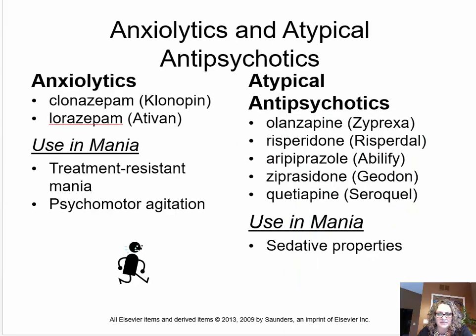Some anxiolytics and atypical antipsychotics that may be used include Klonopin and Ativan. Atypical antipsychotics that may be used if the patient is also suffering from psychosis: olanzapine, risperidone, aripiprazole, ziprasidone, and quetiapine. Those, especially the ziprasidone, quetiapine, and Haldol, which is haloperidol, which is not on that list, may also be used as chemical